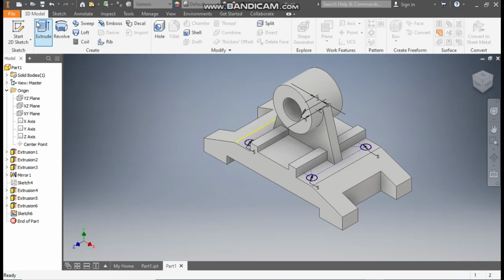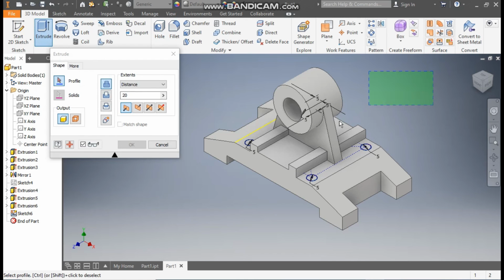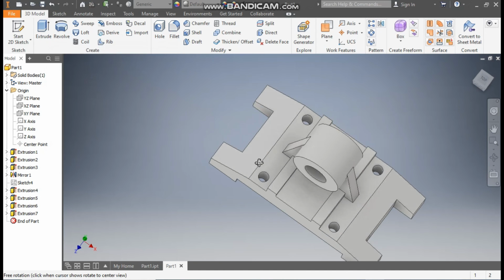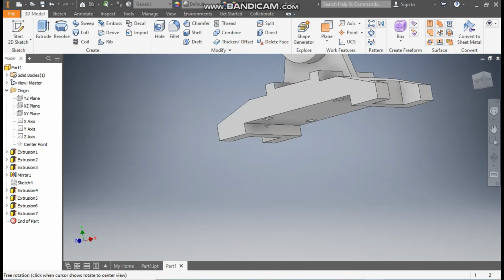Go to 3D model, take extrude, select all the profiles. Here we will take cut. Okay, so these are the through cuts. Here we have taken a distance of 20 mm. Press OK. When I rotate this you can see a through cut profile. Okay,